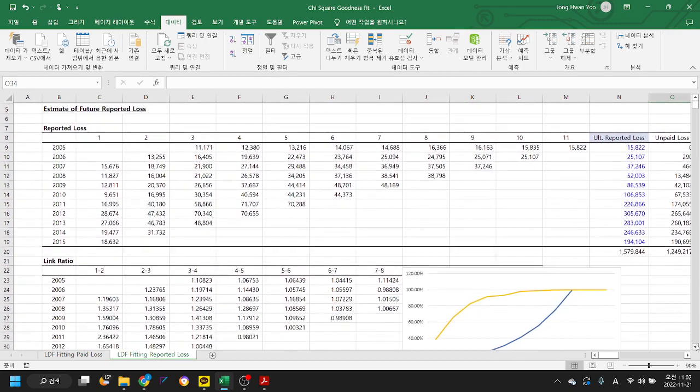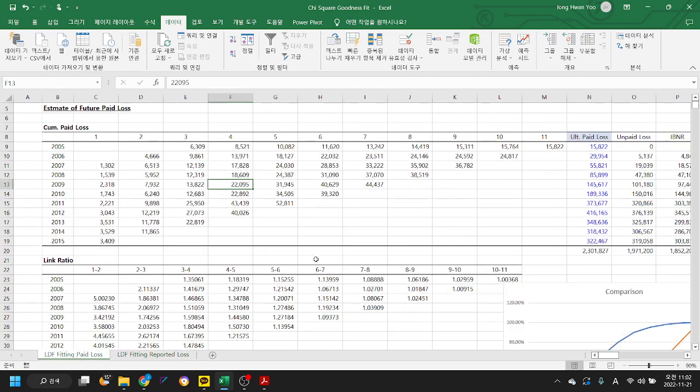It is not the actual company's data. Probably the author, Friedland, has come up with her own values, and she tried to use this data to show how all different models, like 8 or 9 models, estimate the future ultimate loss or IBNR differently. She tried to show us the advantage or disadvantage of each individual model, but I put it here,